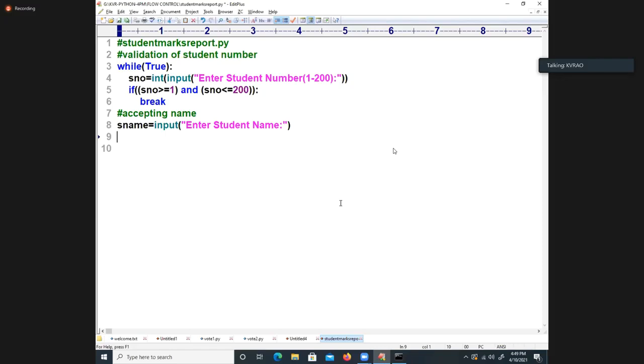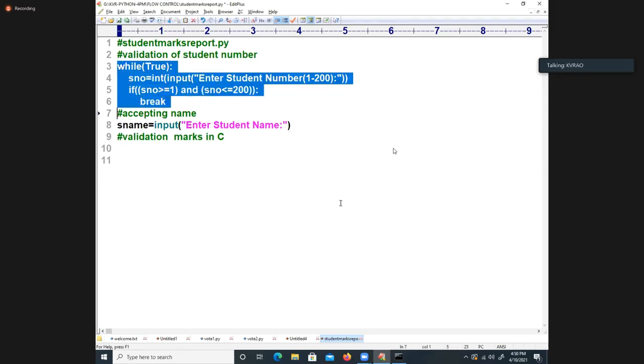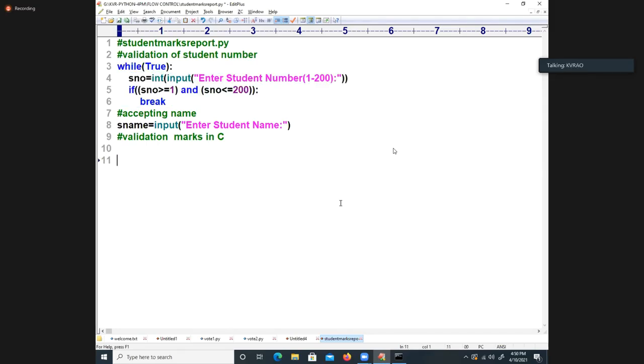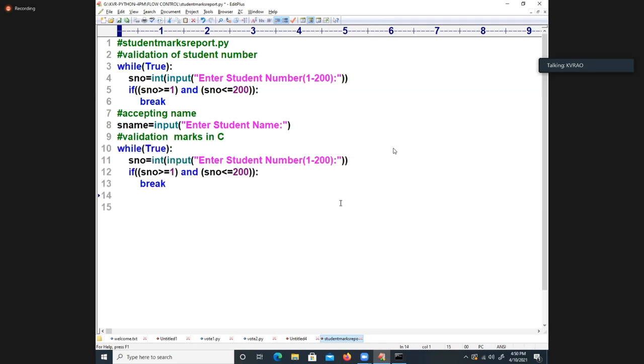Okay, students. Next, validation of marks in C. If you follow me carefully, I will write this part as usual, because we are already habituated to writing the coding part.